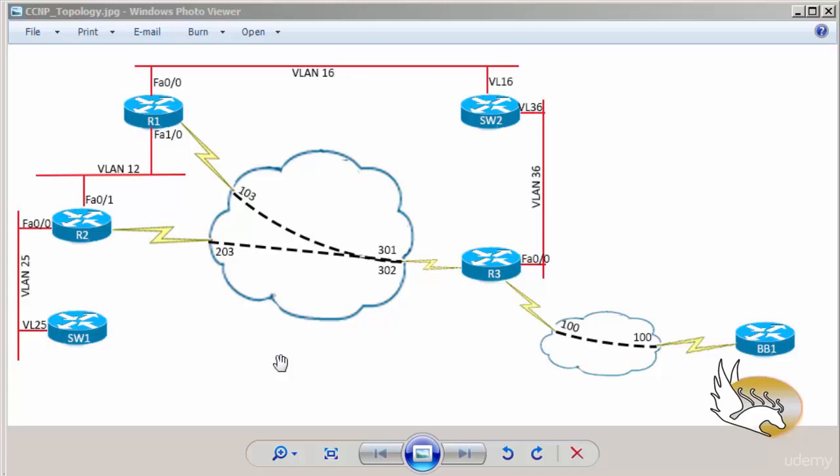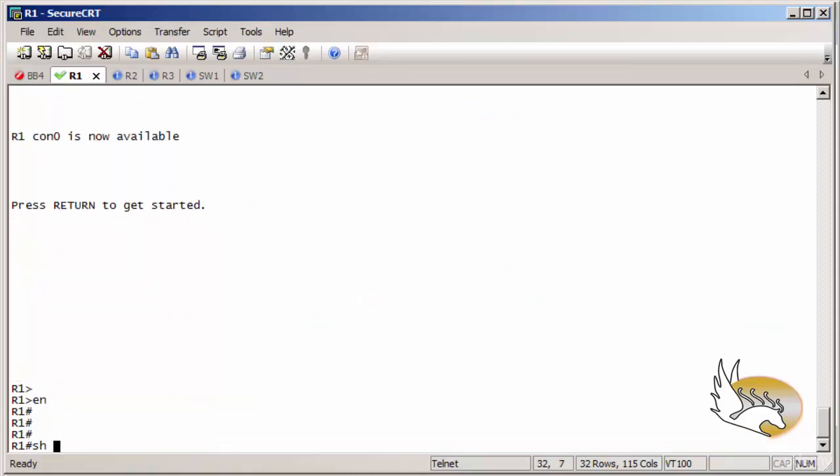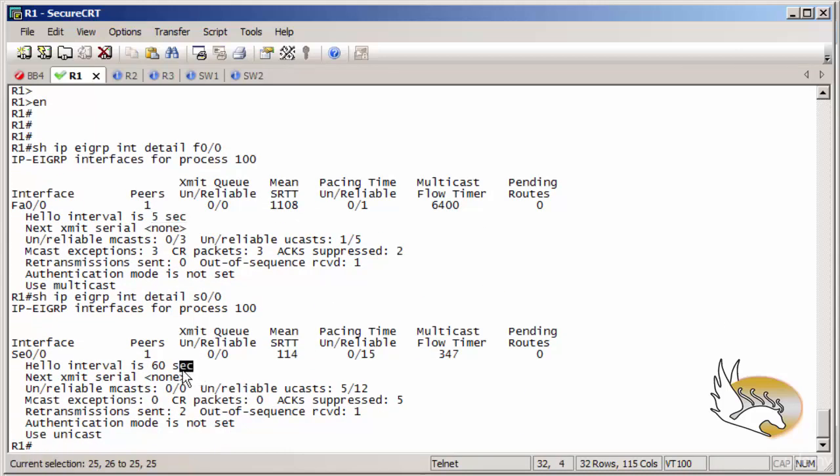Now, before going on to EIGRP authentication, I want to show you some interesting points that I have missed in the previous section, and that's about EIGRP timers on a frame relay cloud. For this, I go to router 1, go to privileged mode, and I will show ip eigrp interface detail for the interfaces. You can see that here on the LAN section you have 5 seconds between each hello. But for serial 0/0, that is on a frame relay connection, you can see that it is 60 seconds by